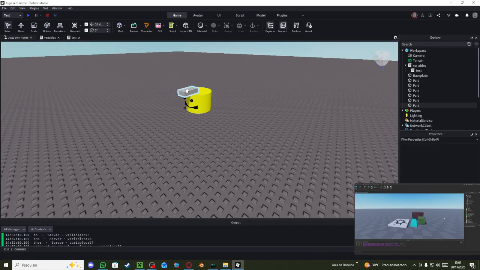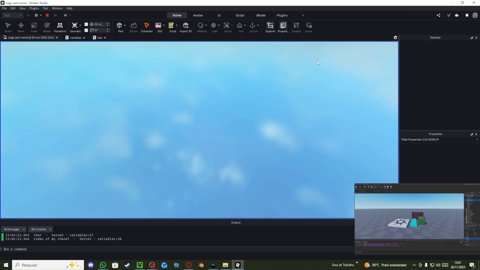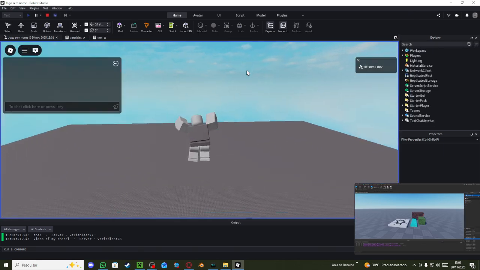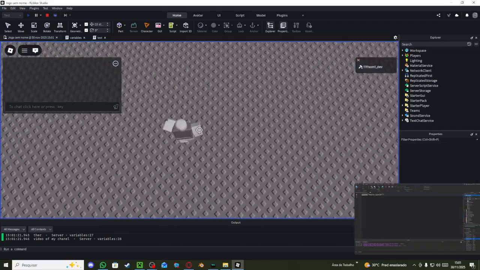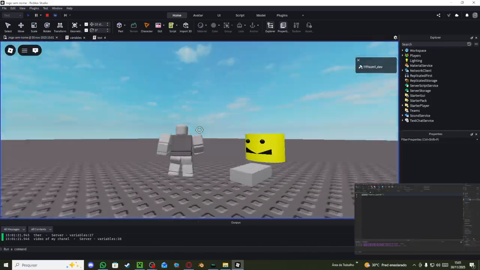So with that being said, what we're going to do on the right side first is disable our property script that we created in the last episode. So I'm going to select it and then click on disable. And then I'm going to hit the plus sign next to workspace, search up a script, and insert one of these. We're going to rename the script, so I'm going to right click it and rename.